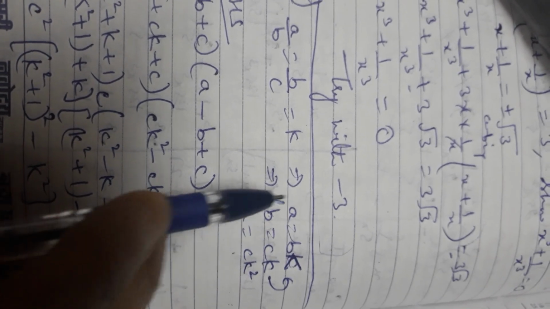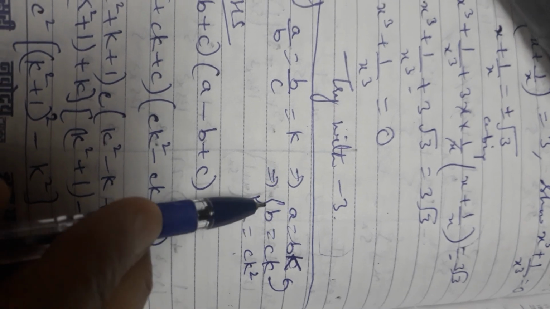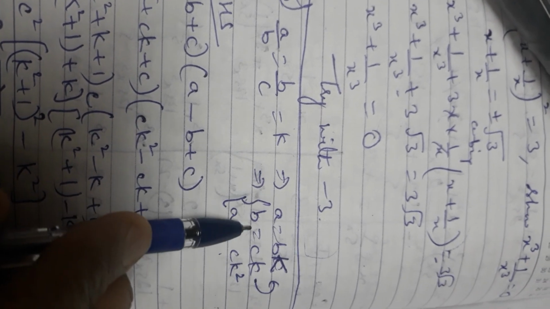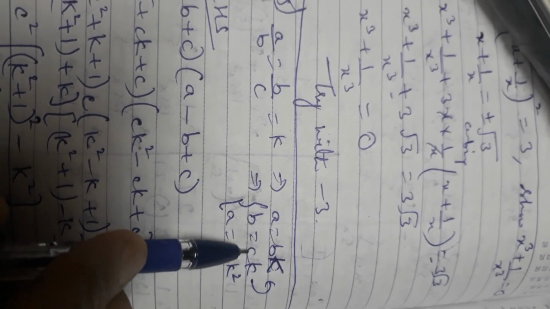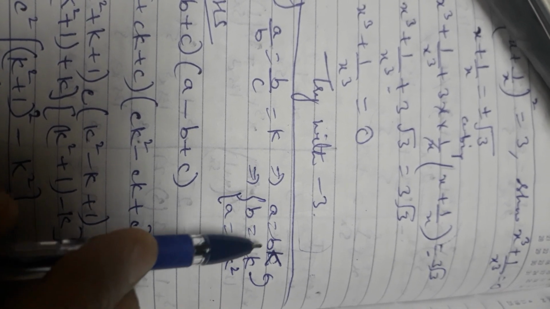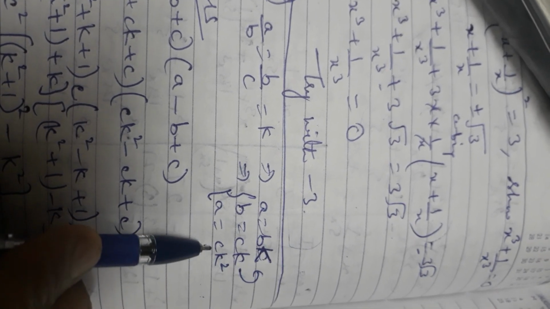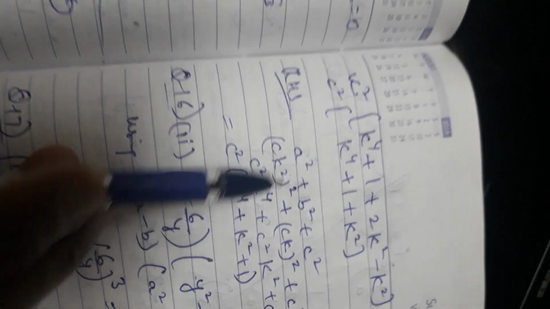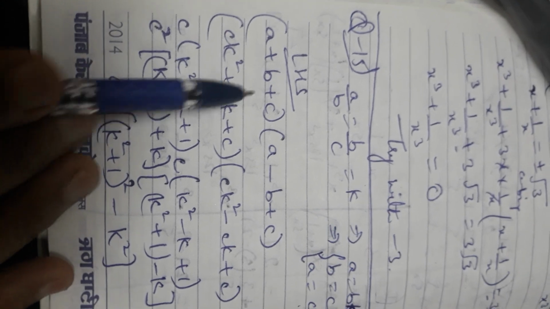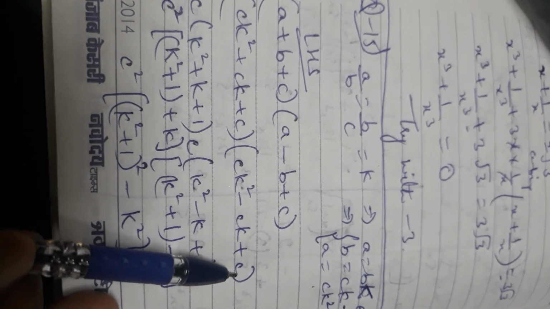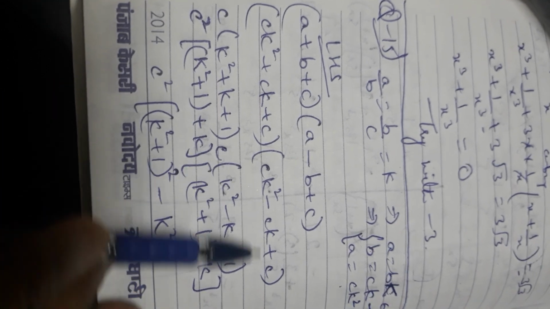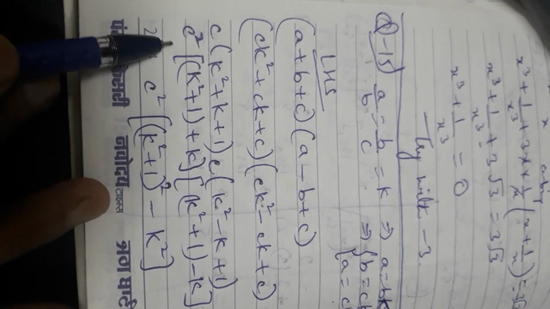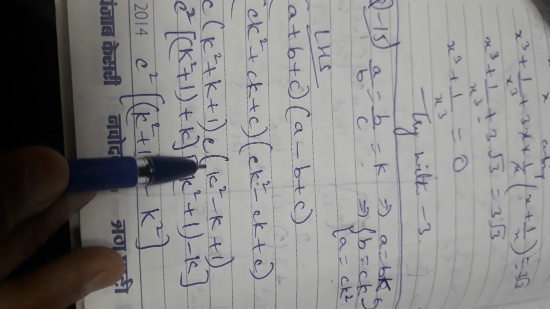Now this value of B, this value of B is CK, that I substitute in the first equation. So when I substitute B as CK here, I get CK into K, that is CK square. So the value of A is CK square, B is CK, and these two values we have to substitute on the left hand side as well as on the right hand side. Then both sides are the same and we get the answer. On the left hand side, A is CK square, B is CK plus C, and so on. Similarly here, C is common from this bracket, C is common from this bracket. Now C into C gives you C square, and we are left with this into this.